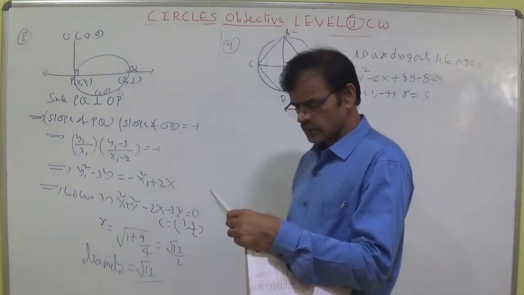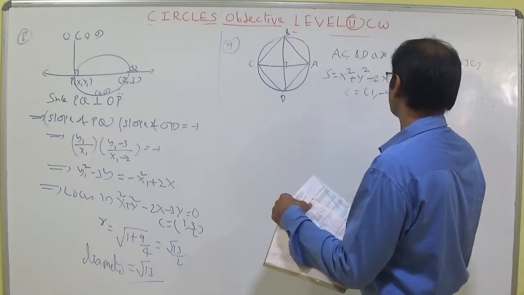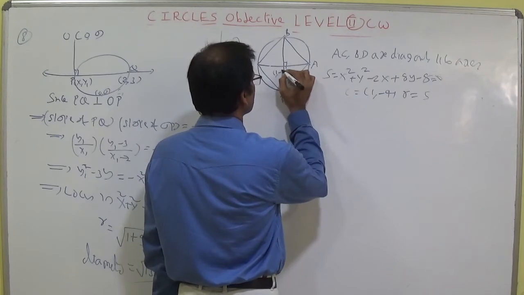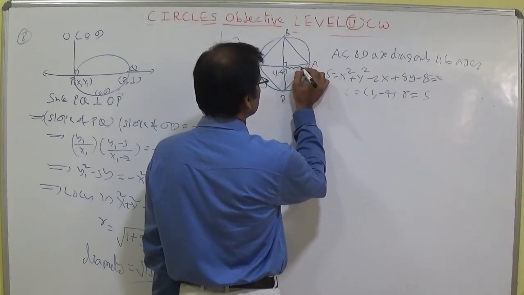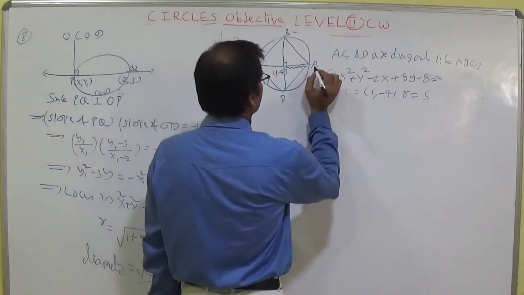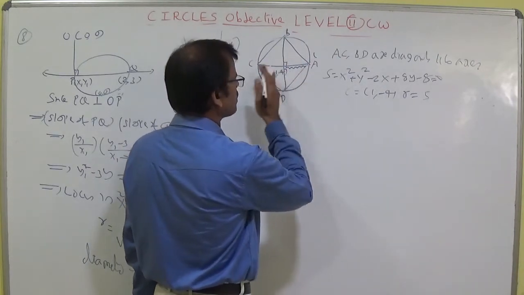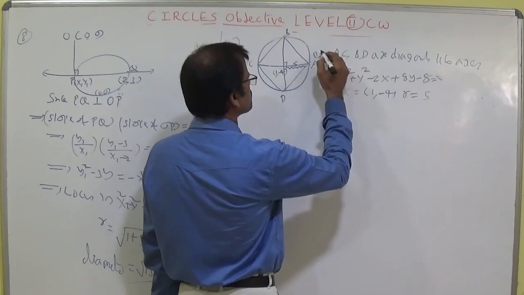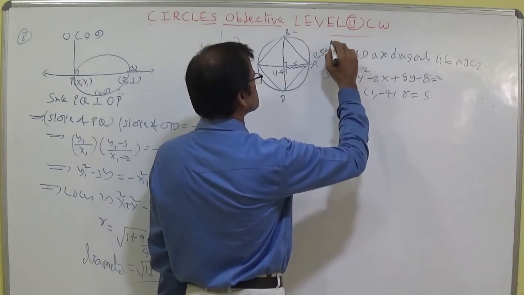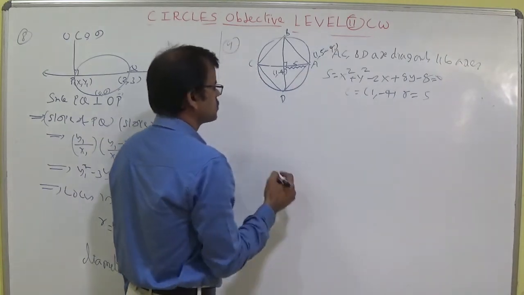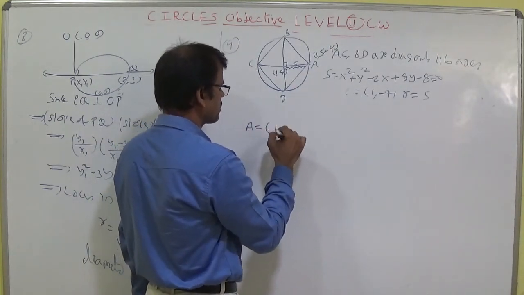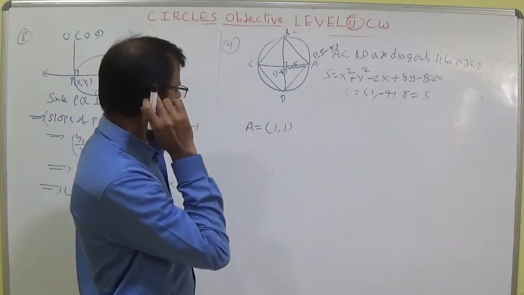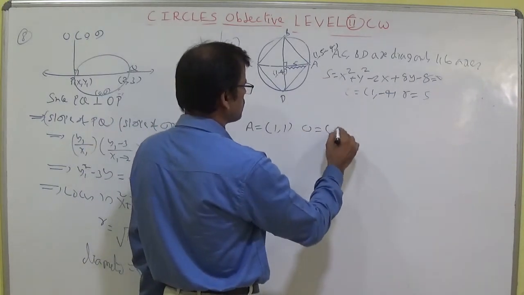Whose diagonals are parallel to axis and vertex in first quadrant, he is asking. So here center is (1, minus 4), radius is equal to 5. You can understand here, this is (1, minus 4). Moving in the horizontal way, A is 5 units away, so the x-coordinate 1 will not be changed. You can write 5 minus 4, so A is equal to (1, 5 minus 4), which means (1, 1).